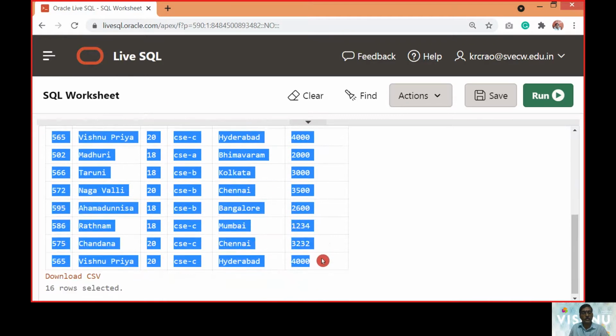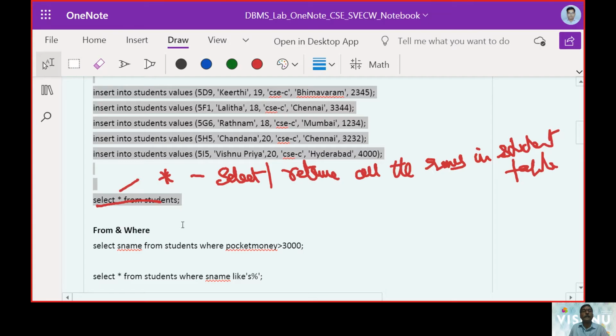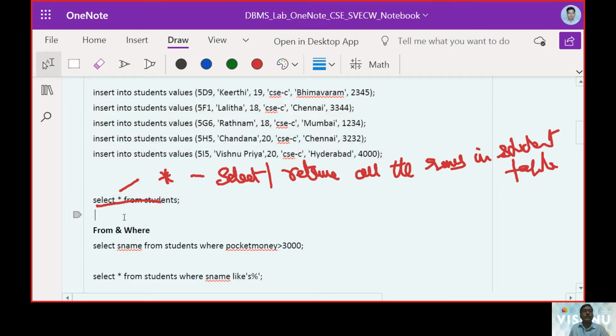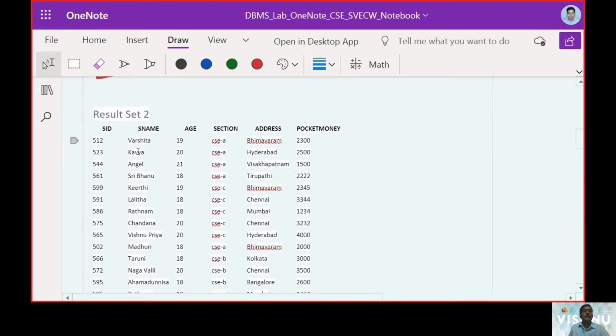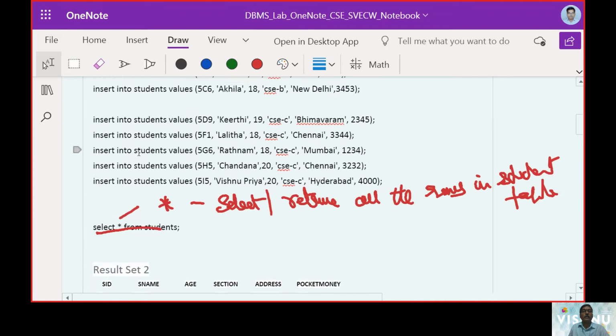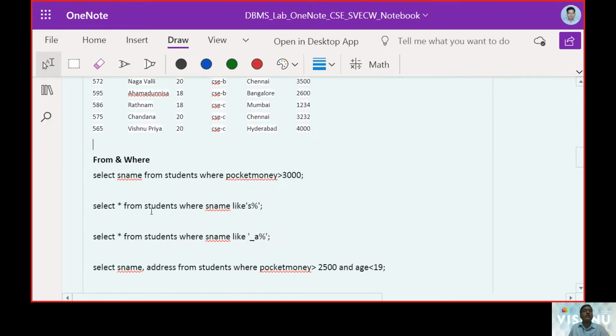This is enough for us to get a good understanding of what is going to happen in this module. Okay, so this was the result set when we are working with select star from student.